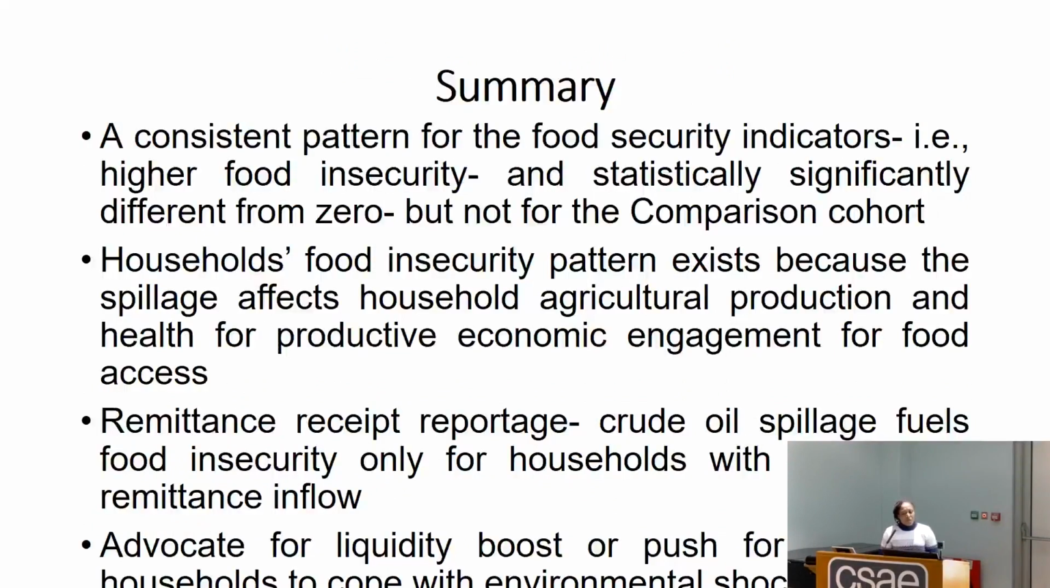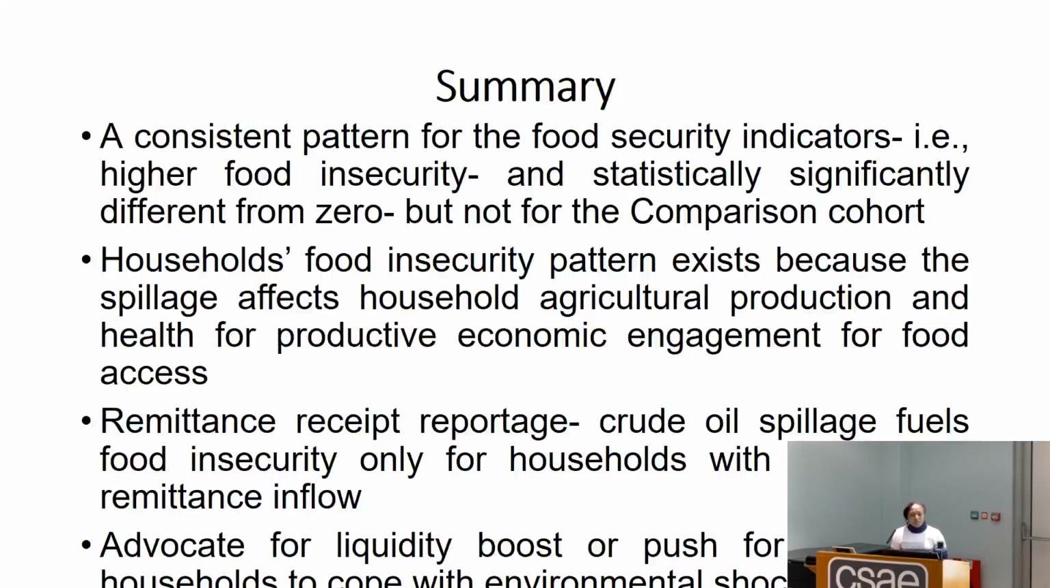In summary, we find a consistent pattern for the food security indicators, that is, higher food insecurity for those who are closer to the consumption site, or for those who are exposed to the crude oil spillages. Then household food insecurity pattern exists because the spillage affects household agricultural production and health for productive economic engagement for